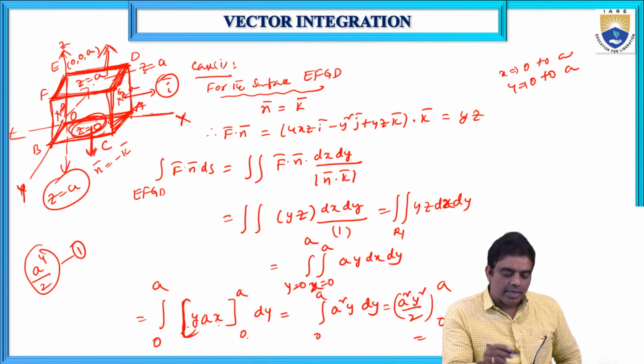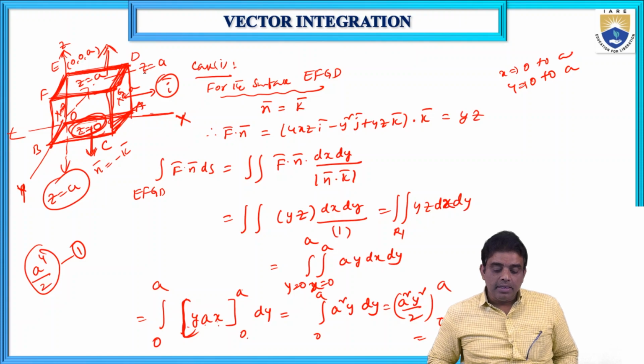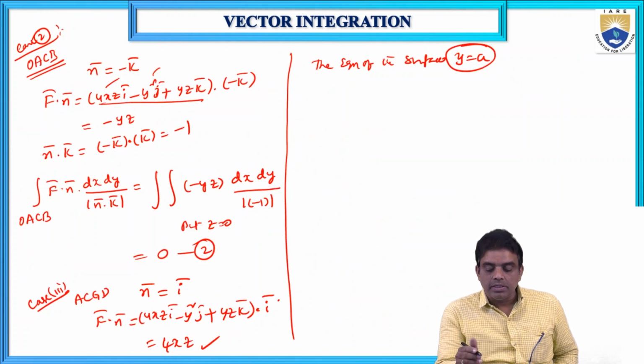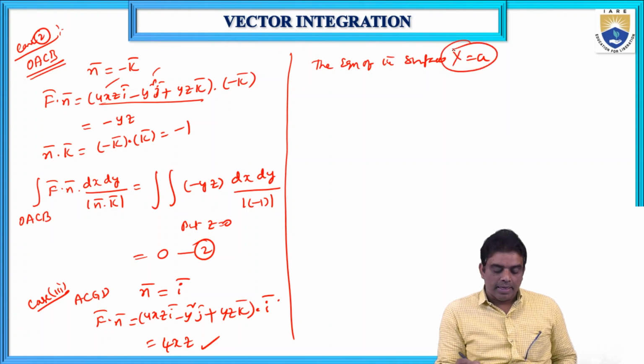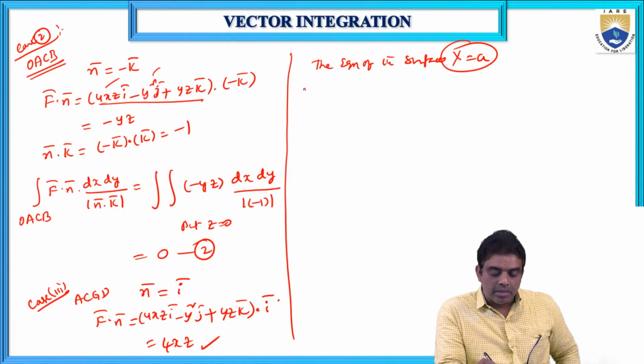This is x is equal to a. The surface is not y is equal to a. I'll show that this is x is equal to a, the surface parallel to the YZ plane. So on substituting this, the double integral of f bar dot n bar ds along the surface S is